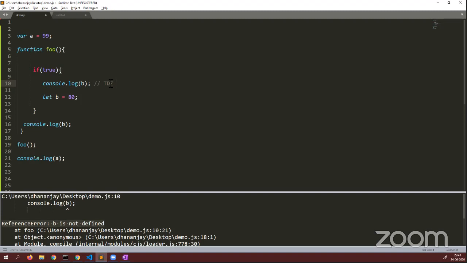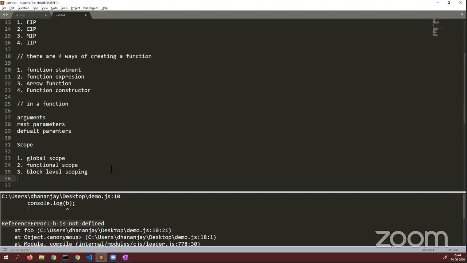that if you are declaring something with var, JavaScript will not give an error about that, even if that value is not set, and it will be undefined. However, if you declare something with let, JavaScript will give you an error about that if you try to access it before you created it. So this is block level scoping. And the fourth is called